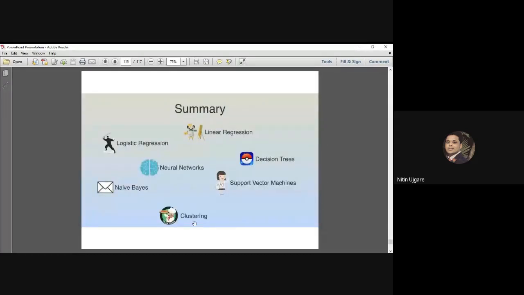We have also seen clustering using the pizza parlor example. We have seen the support vector machine. These last 2 algorithms remain. Due to the time limit, I'll just end here because for 40 minutes this many slides are a lot to fit. Okay, so we have seen all these machine learning algorithms.